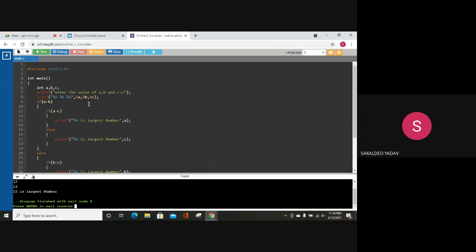Your approach should be to first understand the problem. Try to understand what the problem is telling. After understanding, work out the steps you have to follow, and then write those steps in C language. You can easily code in any language. Okay, so I hope it is clear to everyone. Now you can code by yourself, you will be able to write the program to find the largest among three numbers.